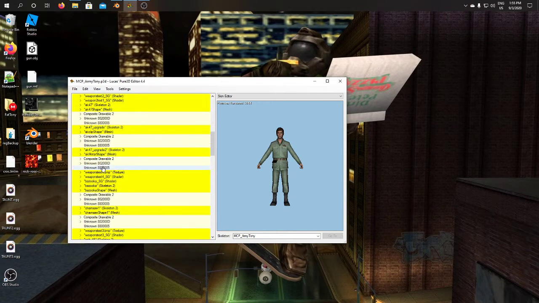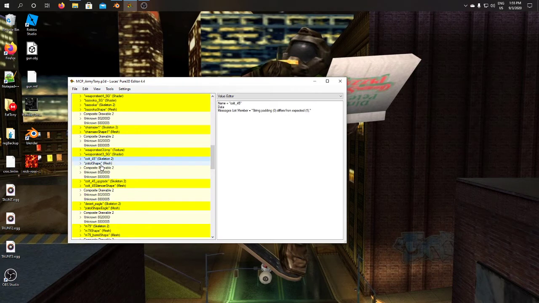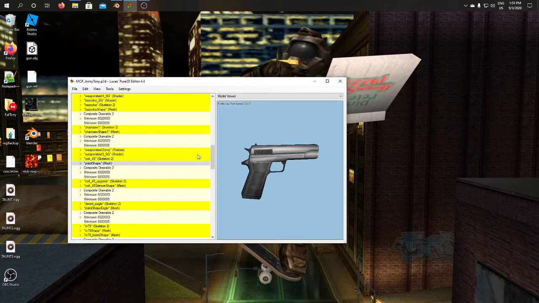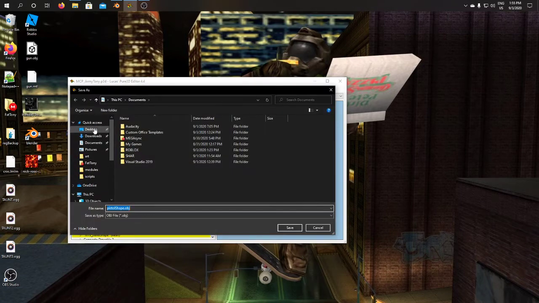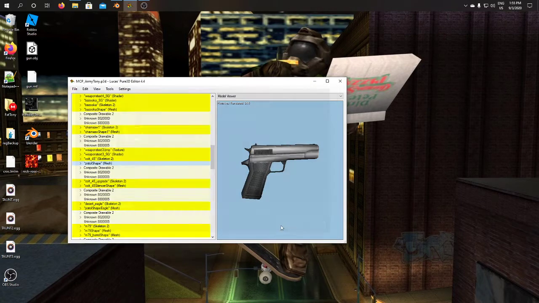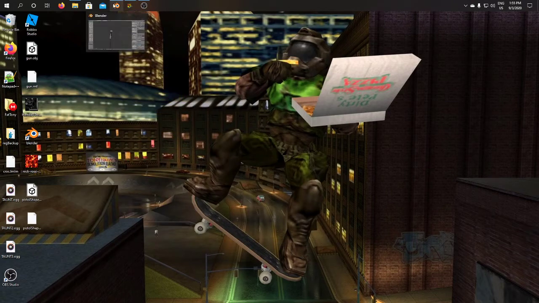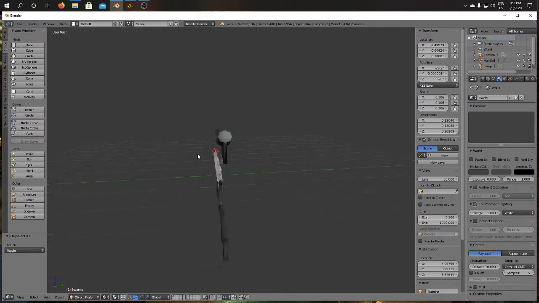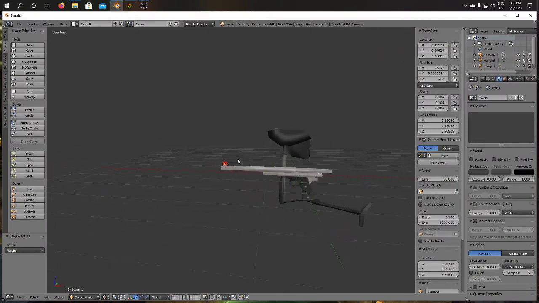Where's the pistol? Okay, I think it's this. So we're going to export it as an OBJ, put it on a desktop, that's fine. Now we're going to replace it with a paintball gun sort of thing, just so it has, this is one